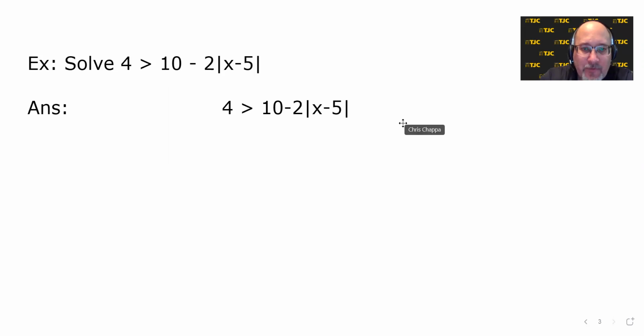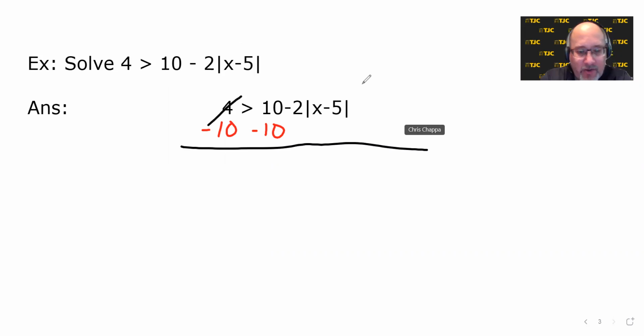All right, as I was saying, we're going to start by getting rid of the 10. So we'll subtract 10 from both sides so that we can cancel the -10 on the right. And what are we left with? We have 4 minus 10. Why did I cross it out? 4 minus 10 is -6, is greater than, the 10s cancel, and we have -2 times the absolute value of